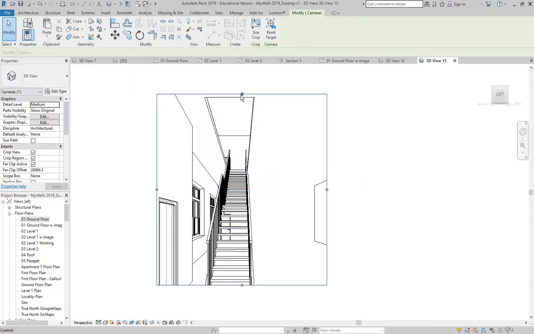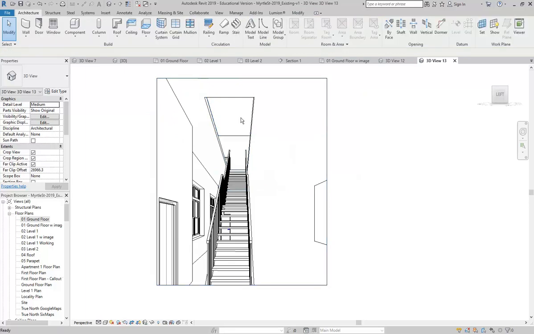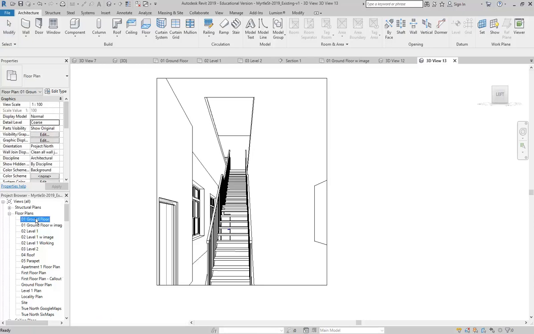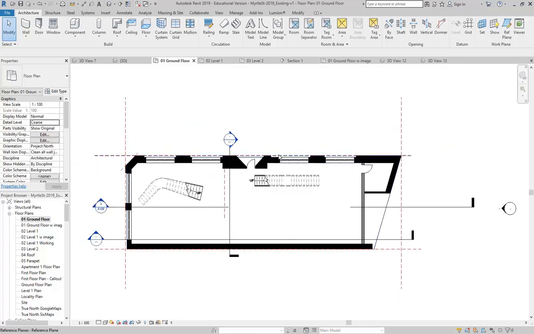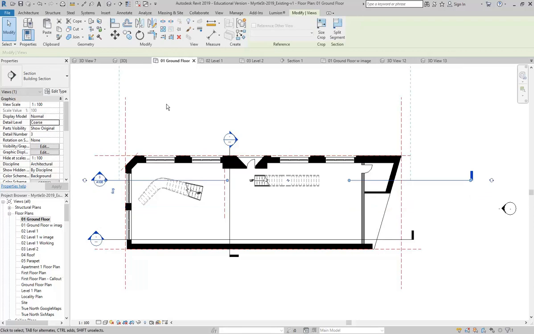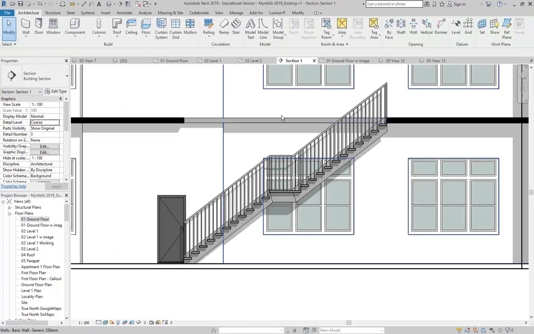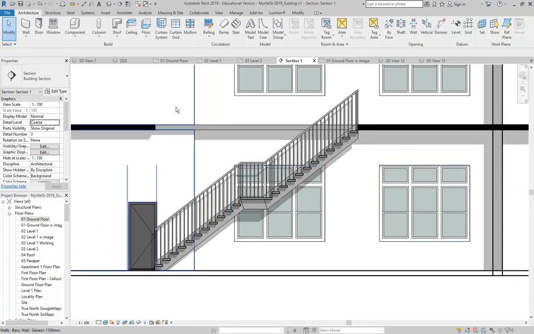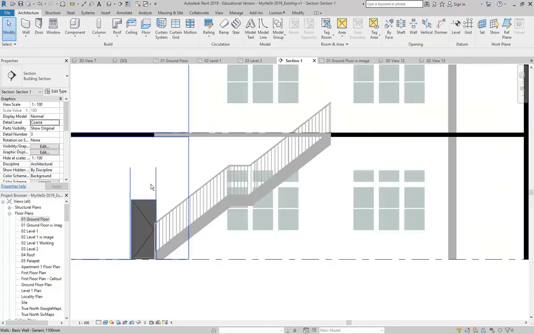Do you think the hole or the void needs to be that big? No, definitely not. And again, this is why you wouldn't really want an automatic hole being made for you by Revit. So, I've just moved my section line so that you can see that hole. Okay, so